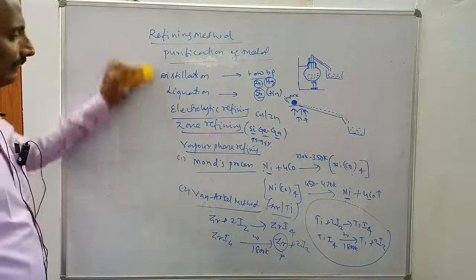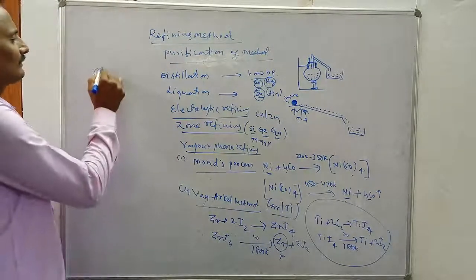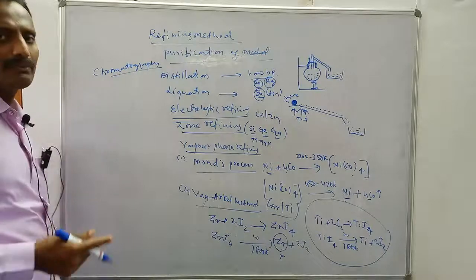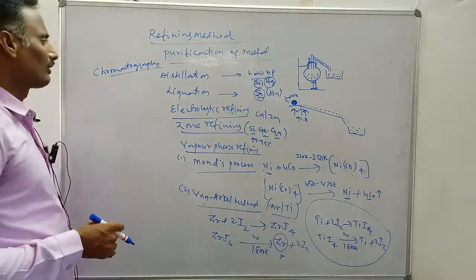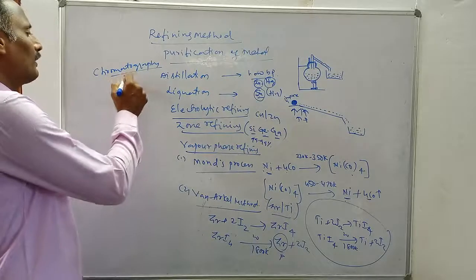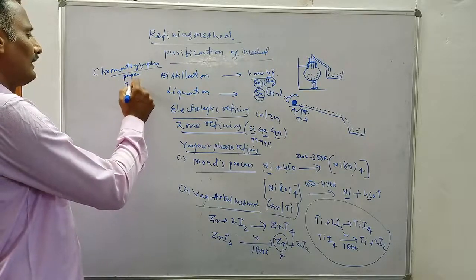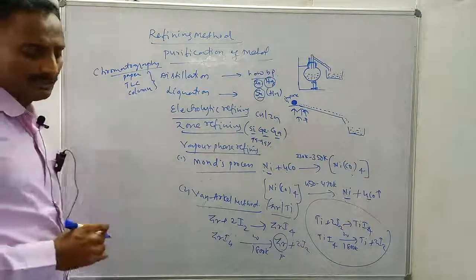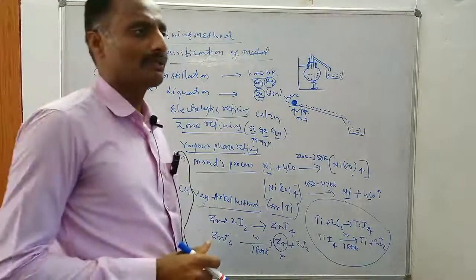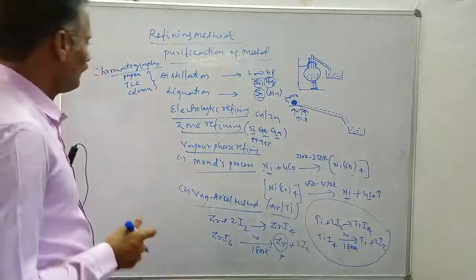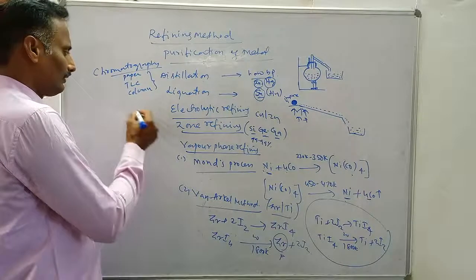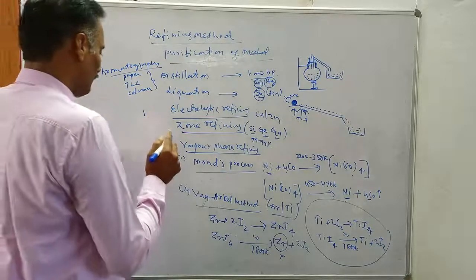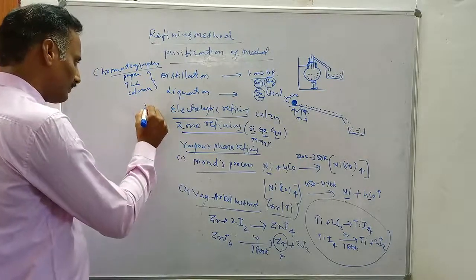The last one is chromatography techniques. You studied about chromatography in the first few syllabus topics; there are many techniques, like paper chromatography, thin layer chromatography, and column chromatography. Chromatography techniques are mainly used for the purification and separation of organic compounds. Taking column chromatography as an example, a column chromatography setup consists of a long burette. This is called a burette.